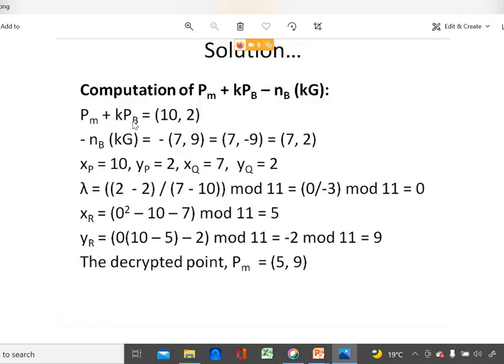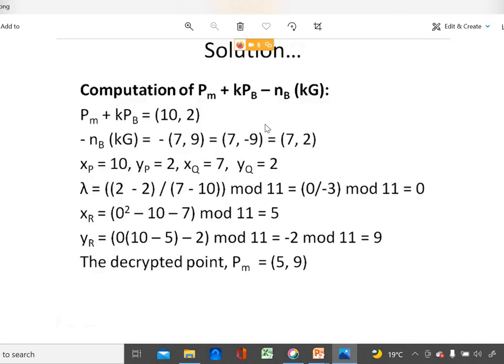So what is PM plus KPB? It is nothing but (10, 2). We already calculated this. Now minus of NB into kg, this we need to subtract. We have already calculated NB into kg, that is (7, 9). So minus (7, 9). This is like minus P. Minus P means what's the value? Minus P is nothing but (7, minus 9),